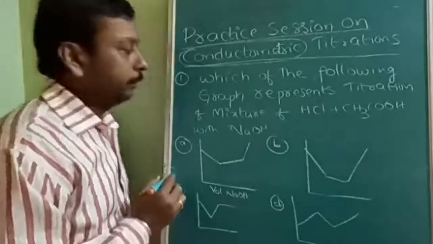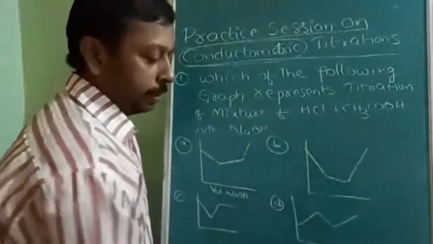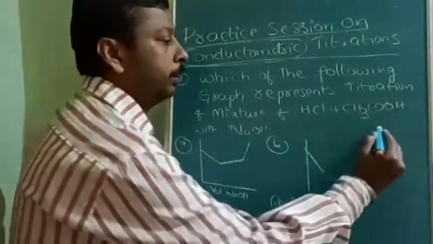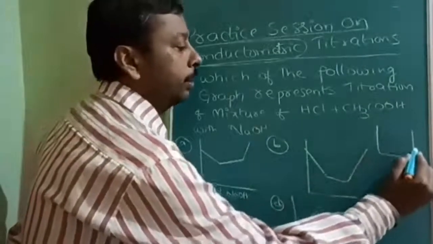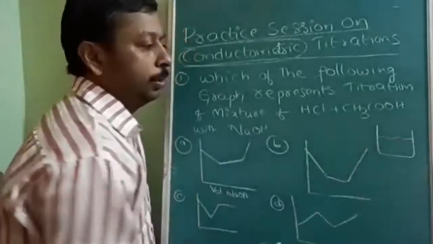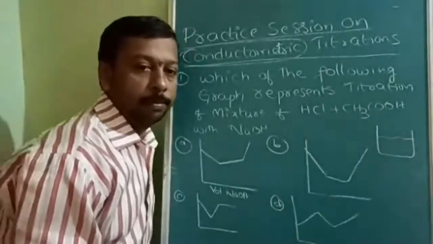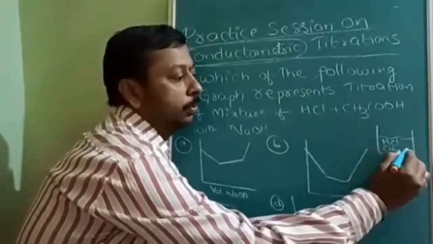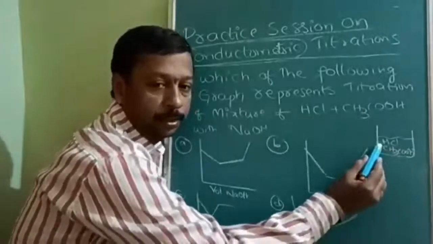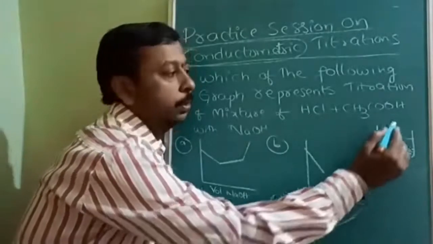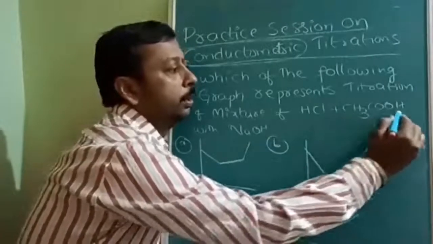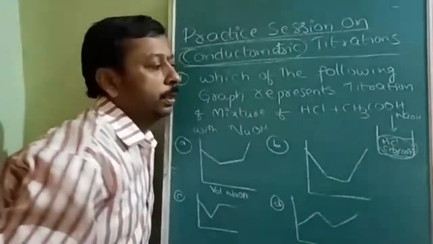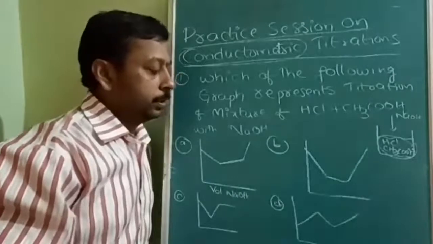Okay, so here first of all, through the diagram I am explaining so that you can have the correct view. Normally in the level 1 theory explanation, I have explained only either one substance, either acid or base. But here, two things are added, HCl and CH3COOH. Now, to this, what are we adding? NaOH we are adding.